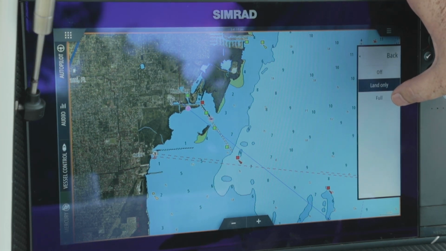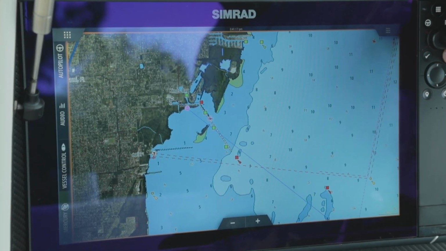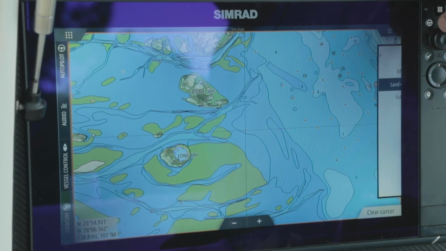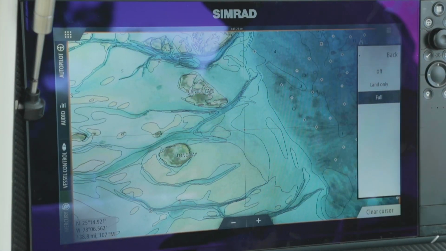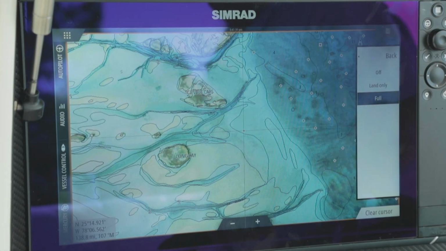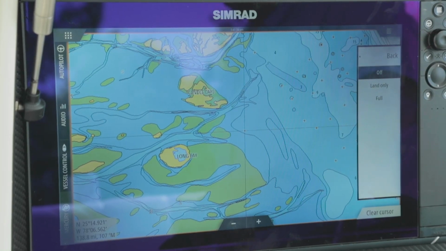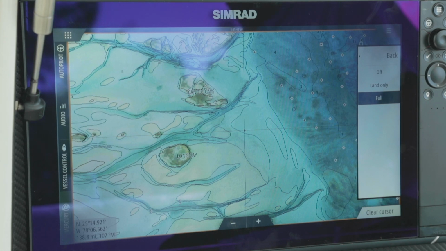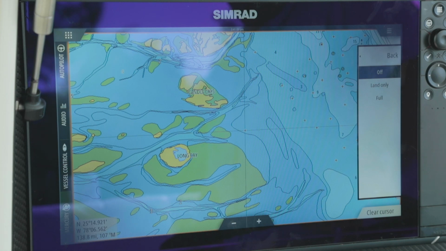So we can control that through our overlay transparency. Now you also notice we had something called the full layer. Full layer will add the water detail. Now some people ask, why do you want to add the water detail? Well, sometimes when we're over in the Bahamas or maybe down in the Keys, and we've got these very narrow channelways, sometimes it's easier to see those sandbanks, to see the channel by a photo than it is by looking at the standard chart. So sometimes visually it's easier for people to just steer right through the darker part of the color versus trying to follow the contour lines on a chip. And again, always when you turn it off, it goes back to the standard color palette that was set.